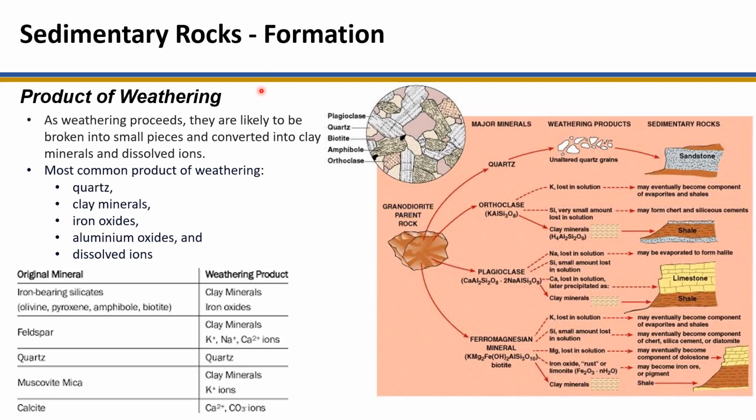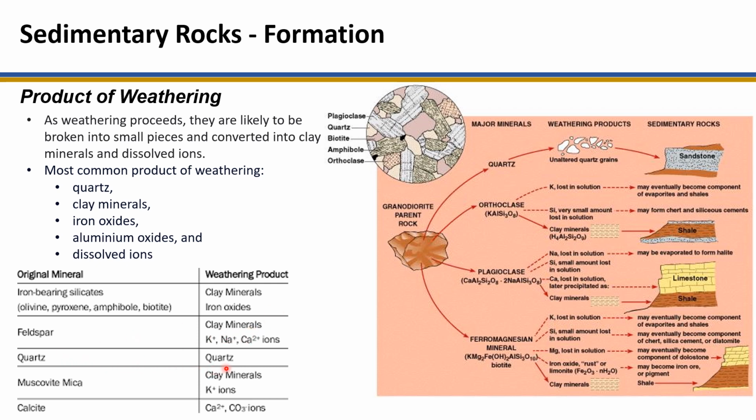So as rocks weather, they are broken down into smaller pieces and converted into different products. The most common products of weathering are quartz, clay minerals, iron oxides, aluminium oxides, and also dissolved ions. So this table shows the original minerals from the rocks that underwent weathering to produce the products that I mentioned earlier. Quartz is very difficult